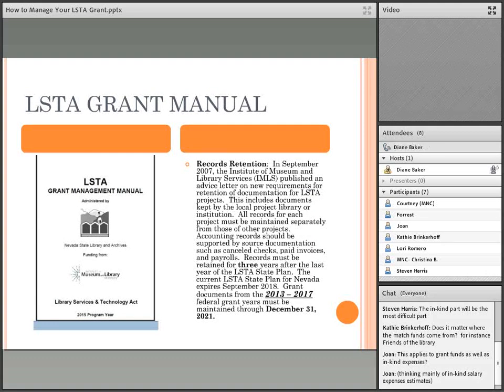Okay, so what I haven't mentioned is a lot of what we have already discussed is in that LSTA grant manual that went out to you with all the other documents, the signature documents. What you see on the one side is what our base page looks like. I did pull the specifics on records retention that is in the manual. And if you scan down to the bottom few lines, you'll see where it says grant documents from the 2013 to 2017 federal grant year must be maintained through that magic date